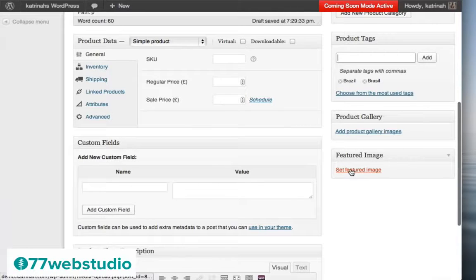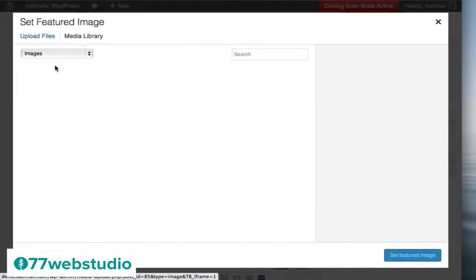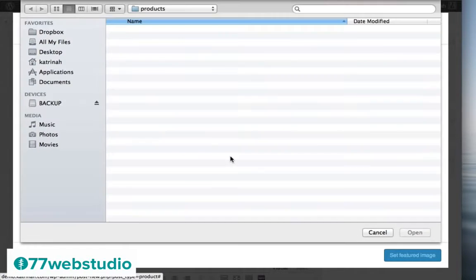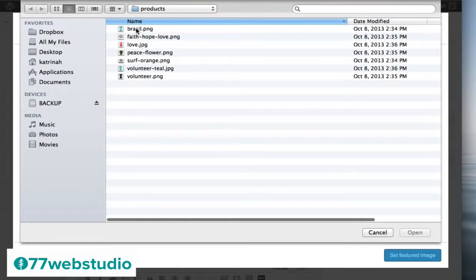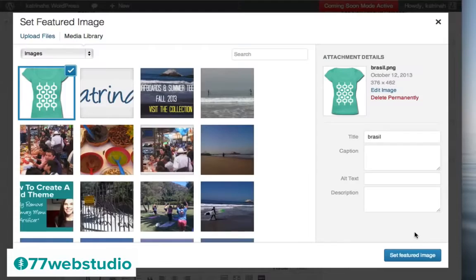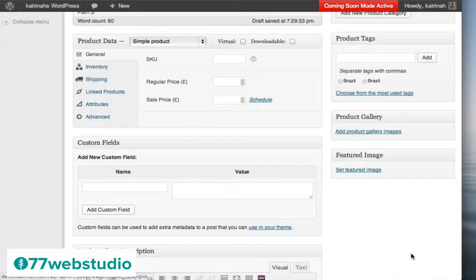So I'm going to click on this link that says Set Featured Image. Then I'm going to click on Upload Files and select Files. And here is the file that I want. So I'm going to highlight the image and click on Open. And once the image has been uploaded, then I'm going to give it a title and an alternative text. Once the title and alternative text have been added, I'm going to click on Set Featured Image to set my